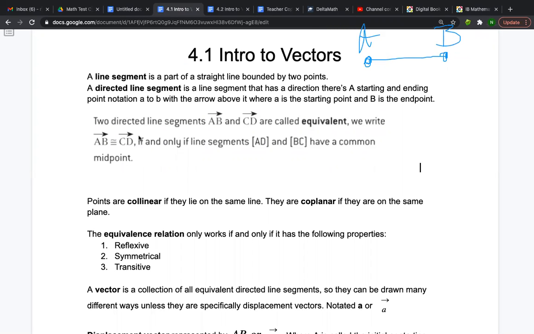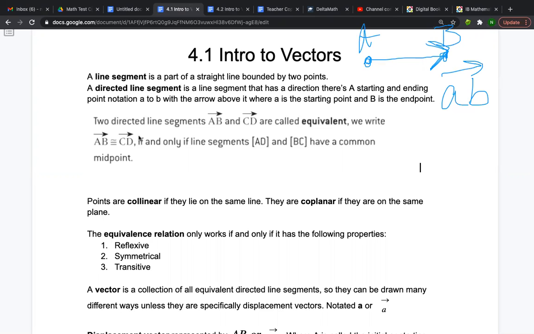A directed line segment is a line segment that has a direction. So there's A, a starting point, and B, an ending point. It usually has an arrow on the end. Sometimes we call a directed line segment a ray. And so this is usually notated with AB, like that. Similarly, that's going to be how we notate our